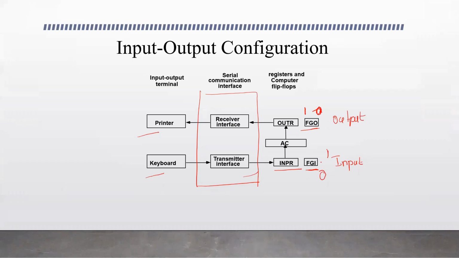To avoid that, computers use the interrupt facility. When there is input information to be given to the computer, the input device sends a signal to the computer, and that interrupts or stops the current execution of the computer and takes the control to this particular operation that is to be performed. That is what we call an interrupt.